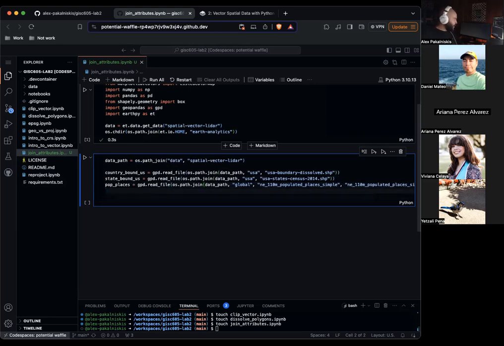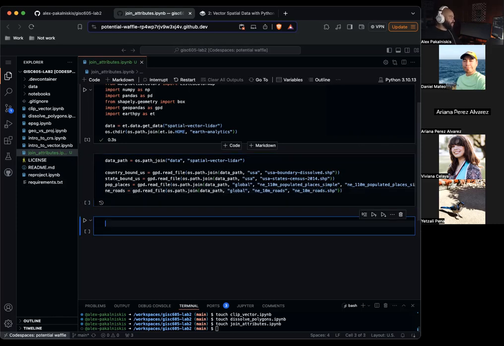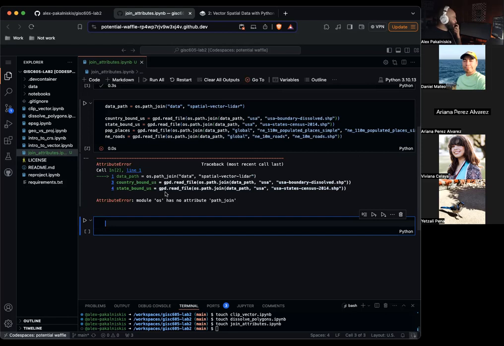Okay, and then ne_roads equals gpd.read_file, os.path.join, data_path, global, ne_10m_roads, ne_10m_roads.shp. Cool. Got all our data.